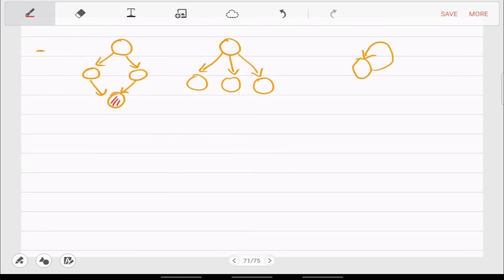Because again, the problem is that there is a cycle. So you can keep calling yourself for infinity without getting any resolution. Right? So these things we don't want to call them trees. So this is not at all a tree. This one is a tree but not binary.